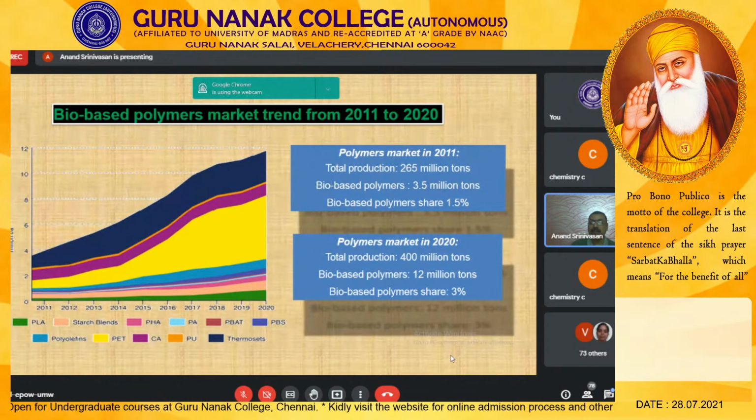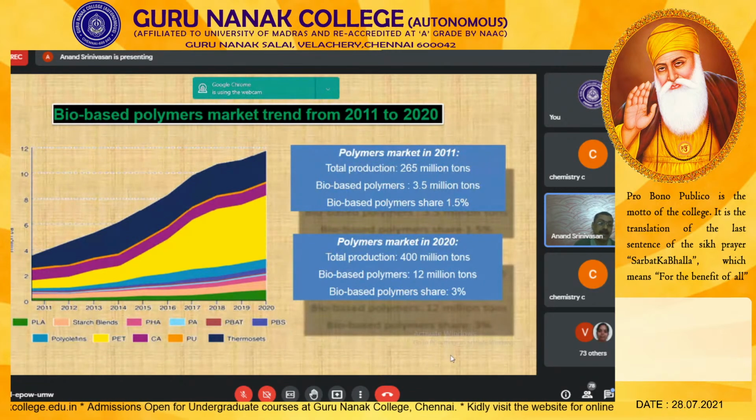That is in the year 2011. But it almost doubles by the year 2020. You can see overall production of polymers is 400 million tons, and bio-based polymers is 12 million tons, and the bio-based polymers market share is 3%. So there is a significant improvement in terms of production as well as market share, which can be witnessed